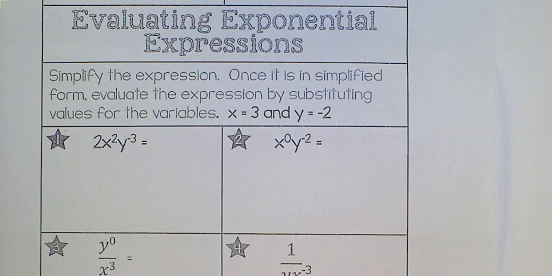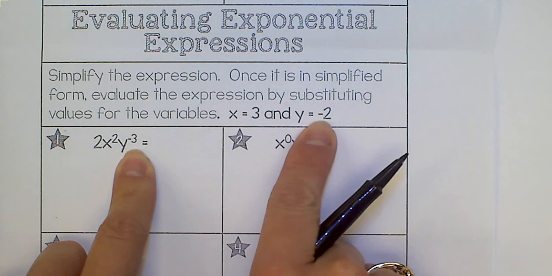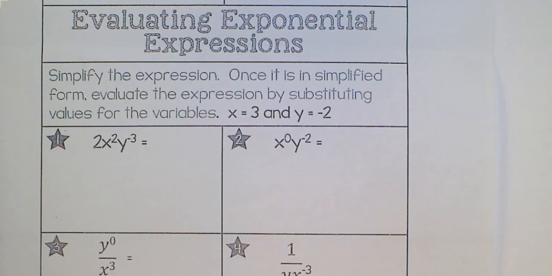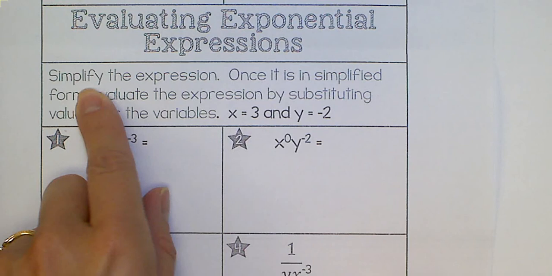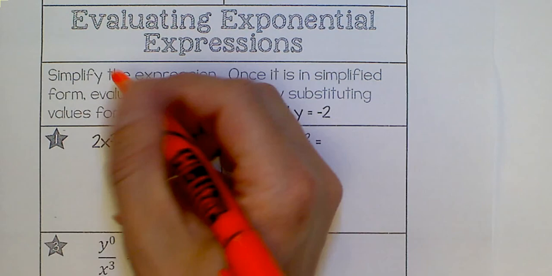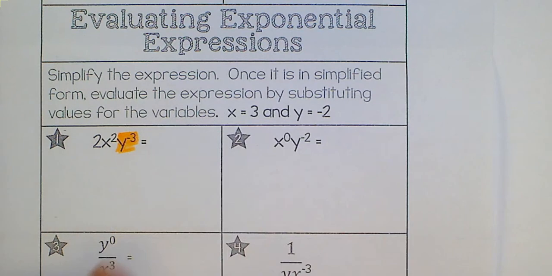Let's take a look at how we are going to evaluate exponential expressions when you've got negative exponents and then when you have to plug numbers into it. Now, before we plug anything in, simplify it first. So simplify means highlight your negative exponents, move everything around, and then plug the numbers in and complete the order